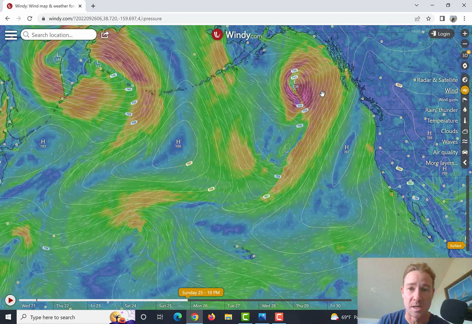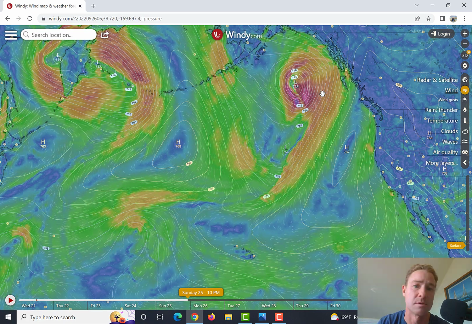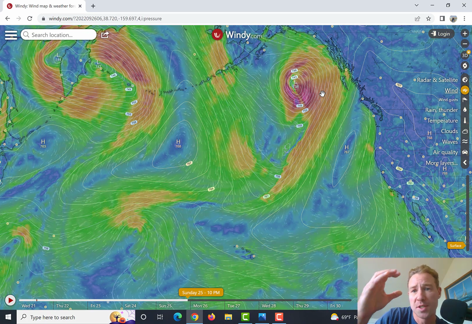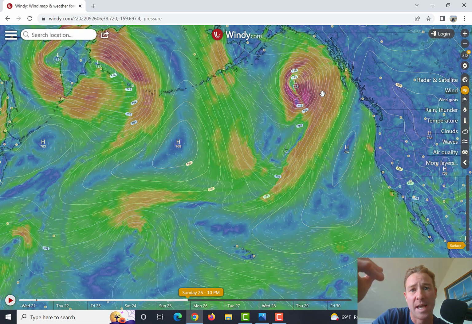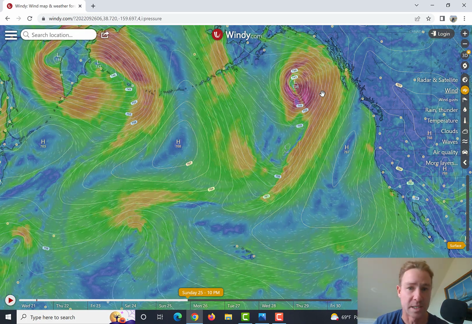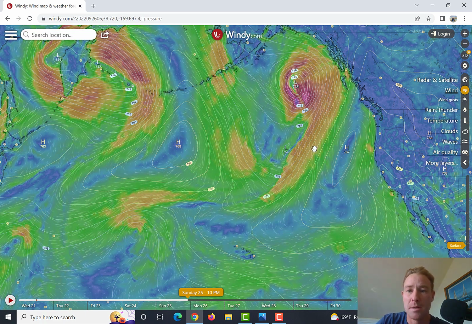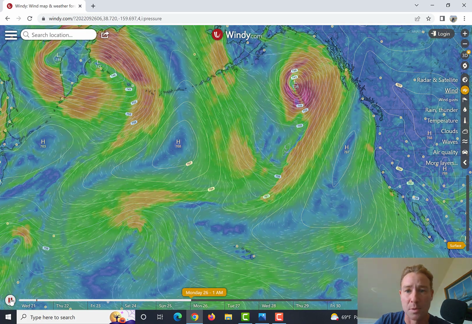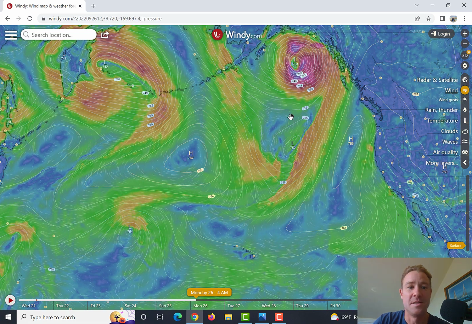And you can see in the animation, the coloring is darker. It's purple now in the southern end of the low. The low has tracked up towards Canada, heading towards northern Canada and Alaska. So it's moving away from the California coastline. That's not what I want to see. I want to see it coming towards us to produce swell. But this is just to teach and explain the principle that the greater the difference, the faster the